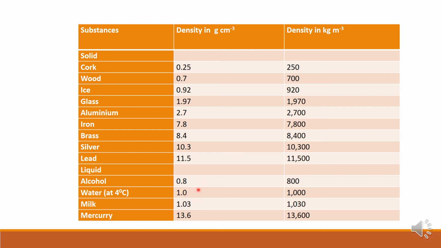Water is 1. So if you put cork in water, the cork is light, it is less dense, so it will start floating. So all the things which have less density, they float on water. Okay, so we will learn all these concepts later on. So this is just to acquaint you with the densities of substances. So you see here, in gram per centimeter cube, it is 0.25. But when you say density in kilogram per meter cube, you have to multiply it by 1000, because 1 gram per centimeter cube is 1000 kilogram per meter cube. So I hope you understood all this. So today no homework. Next time we will discuss some numerical problems that you will have to do in your notebook.